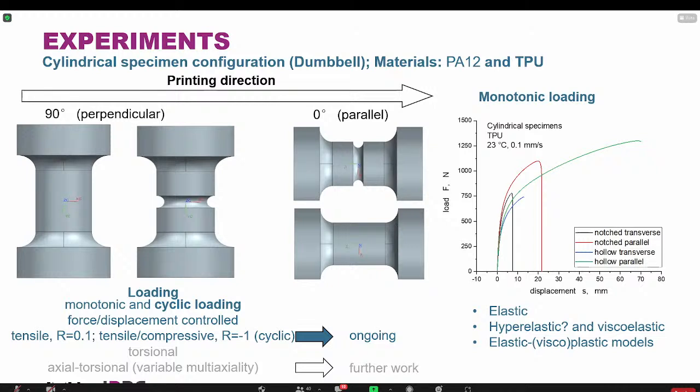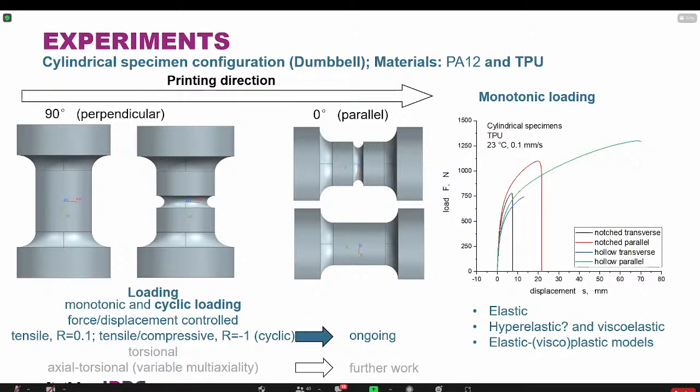This is one of the main advantages of this specimen, that you can perform tension compression, torsion, and axial loading and torsion in one specimen geometry. On the other side, you see then the results of the first experiments, both for the notched and hollow specimens,